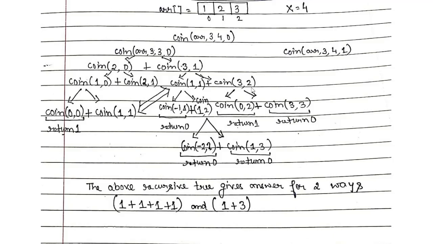So if we come to coin 3 comma 2, what does this say? This subproblem means that I am currently sitting at index 2, starting from this index till end of the array. In how many ways can I make a change of 3? So if I make use of the denomination present at index 2, then what would I be left with? I would be left with a change of 0, because what is the denomination present at index 2? It's 3. So if I do make use of that, how much amount will I be left with? I will be left with 0 amount, because I have to make an amount of 3 and I have a coin of 3. And hence what would I be left with? I will be left with coin 0 comma 2.